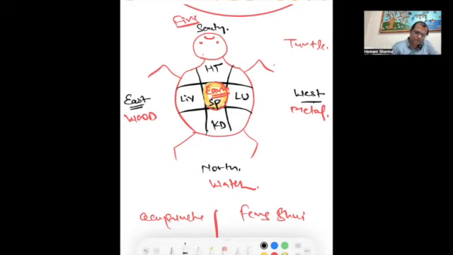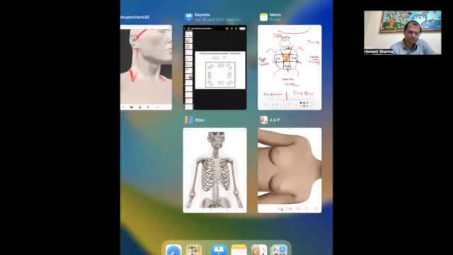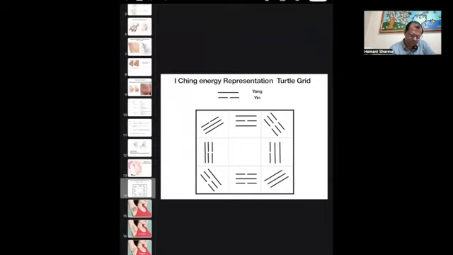So suppose if some female is having any disharmony in the breast, we have to balance this energy, right? The wood energy should be here, the metal energy should be here, the fire energy should be here, the water energy should be here. If all energies are right, then the female will have good health. 所以我们看到，当这些方位的能量都是足够的话，那我们女性的乳腺才会健康。